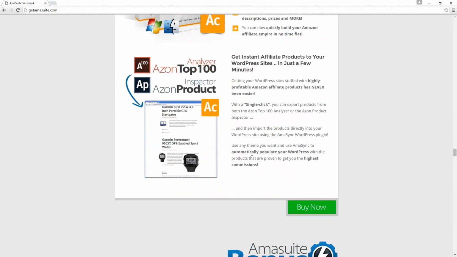Beyond that, as much work as you can do with the content itself, the better off you will be. If it's completely custom content, that's awesome. If you can only do half custom content and you're using a fairly brief product summary that's provided from the Amazon website, that is quite okay.